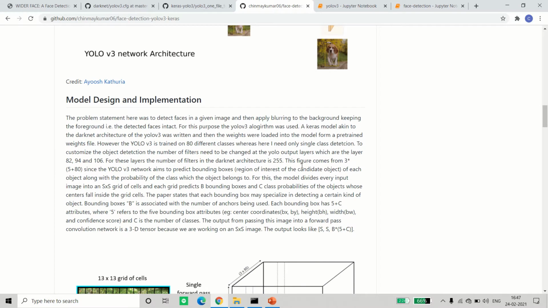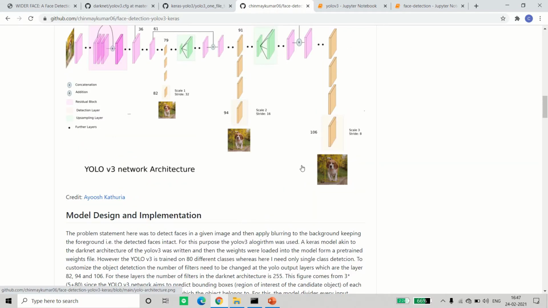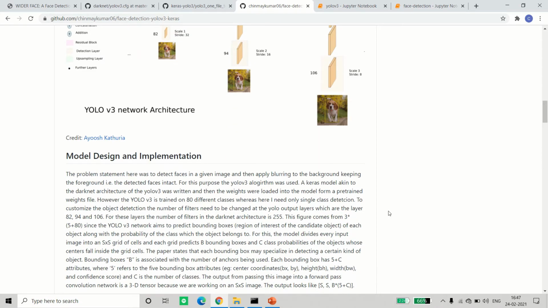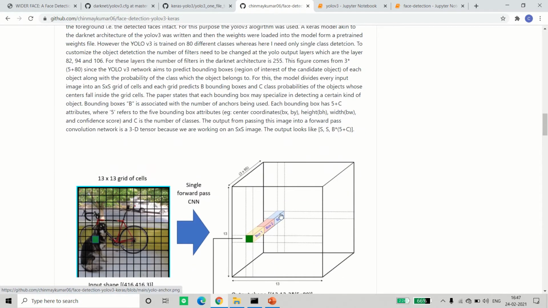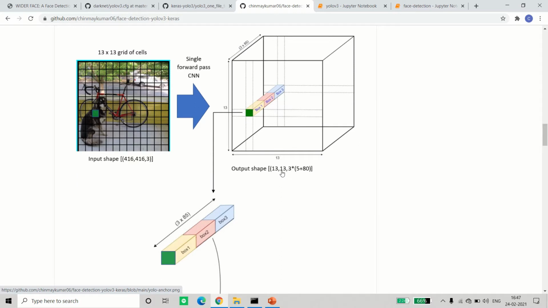So first of all, you need to know what the anchor boxes are and how they are seen when the output is taken. You can see 13 cross 13 cross 3, as I told, it's divided into a 13 cross 13 grid. Every cell has 3 anchor boxes, and every anchor box will have 5 parameters that are constant. They are the center coordinates x y, the width and height w and h, and the fifth is the score, how much confidence the model predicts that it is an object. Here the object is a dog, so what confidence it predicts as a dog, that is the fifth one.